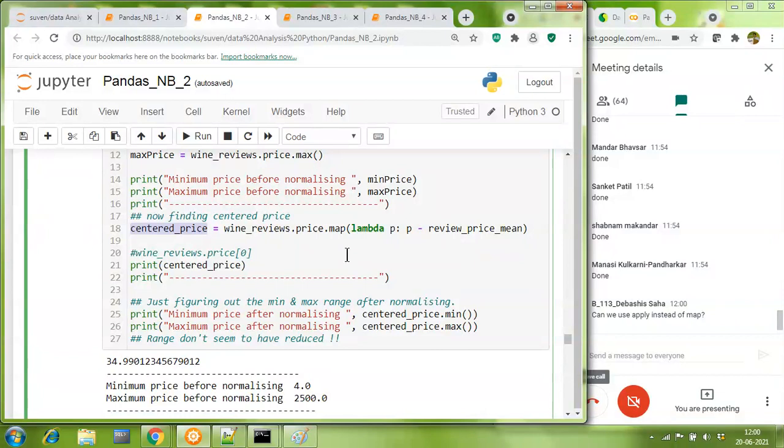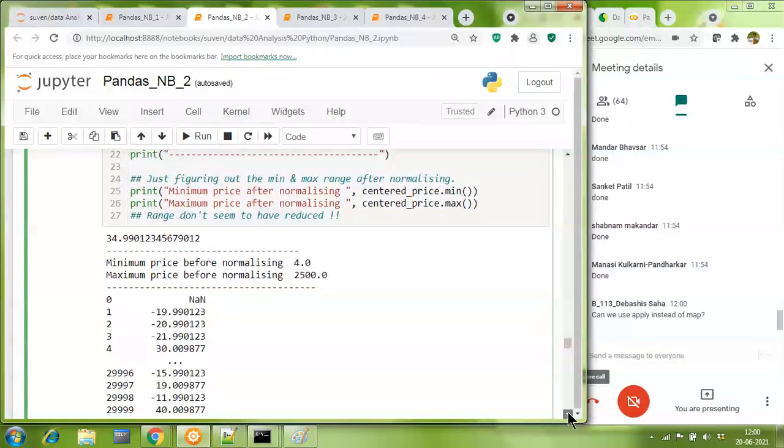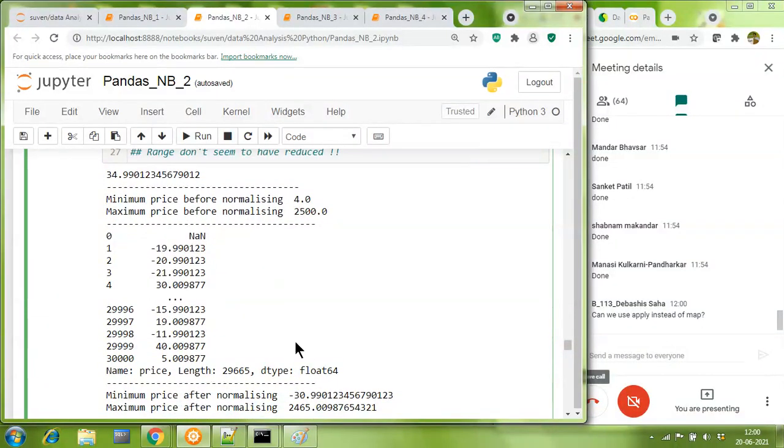So obviously when I print the centered price, I can see centered price printed for all the 29,665 records as follows. Some values which are coming as negative indicate their prices were below the average price. Some wine price is coming as NaN, because some wine samples don't have a price attached. Their price was not given, there was no value there, it was blank.